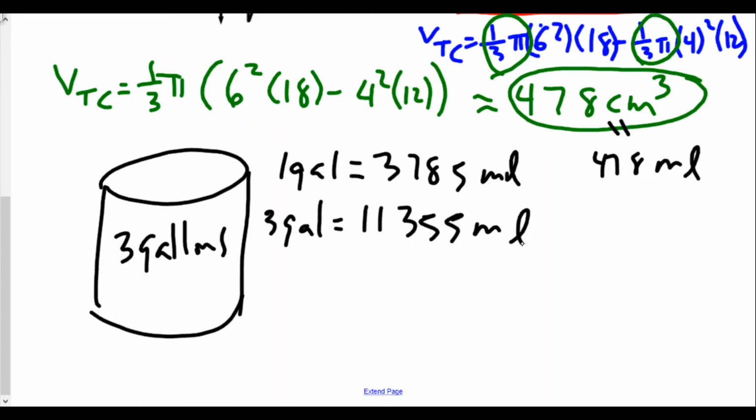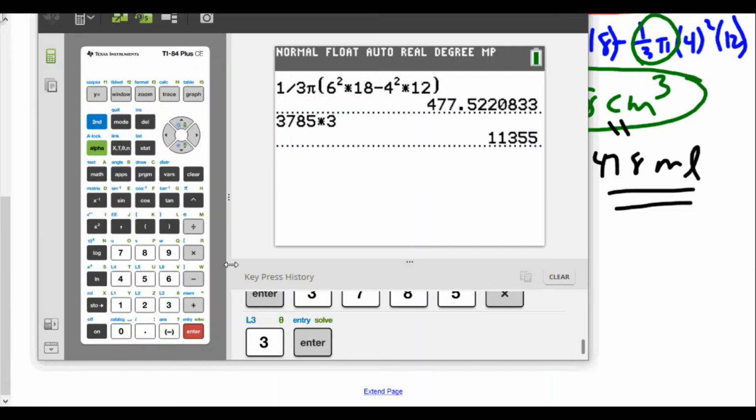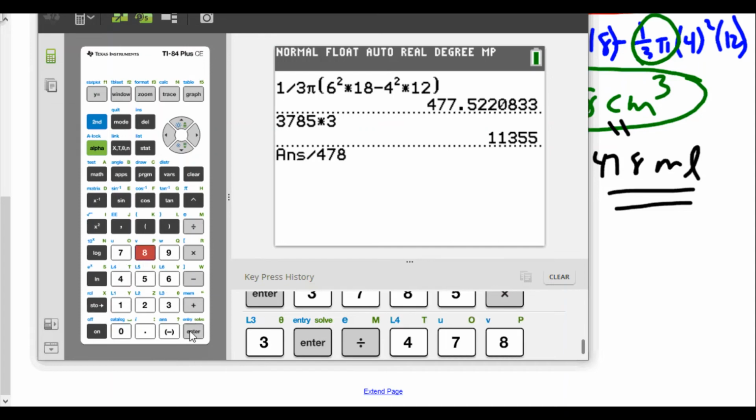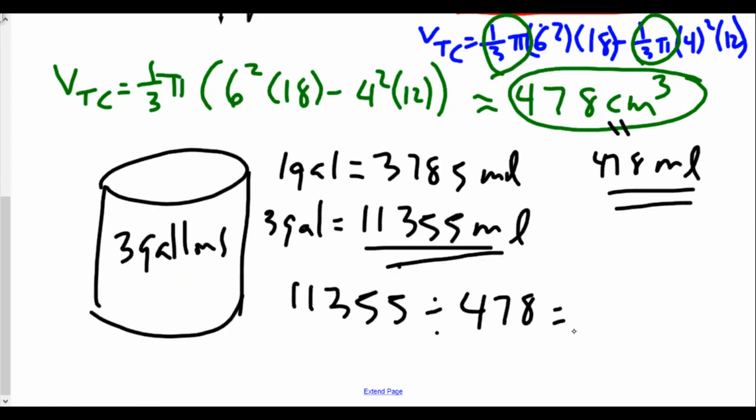So we're going to take this, and 1 cup is equal to this many milliliters, and I want to figure out how many milliliters are here, go into here. I'm going to take this 11,355 and divide by 478. And so let's take a look. We take our value, divide by 478, and we get 23.75. Well, 23 is not enough. We're going to get 23.75, which means we need 24 cups